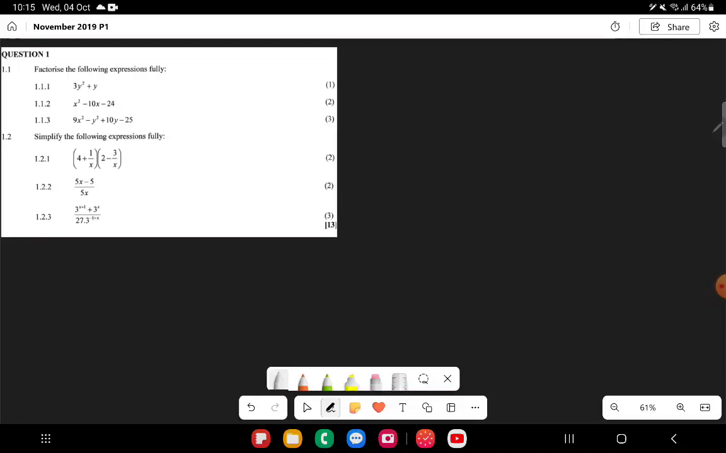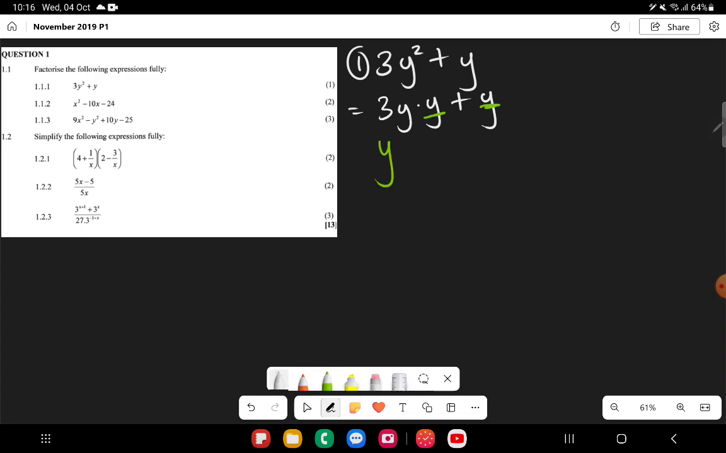3y squared plus 3y. This one is simple, so we're going to say 3y squared plus 3y plus just y. Take out the common factor. This is technically 3y times y plus y. What's common is the y and the y. So if we take the y out, we will have 3y plus 1 remaining. Question number 2